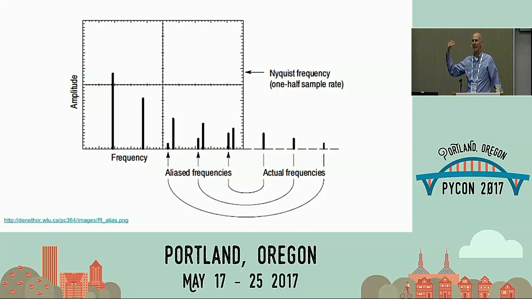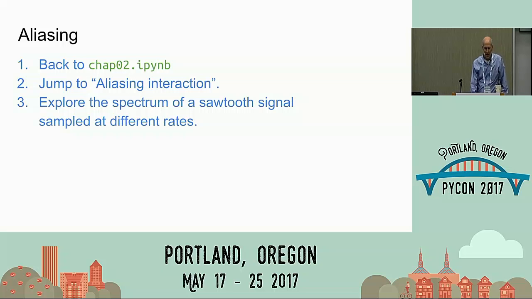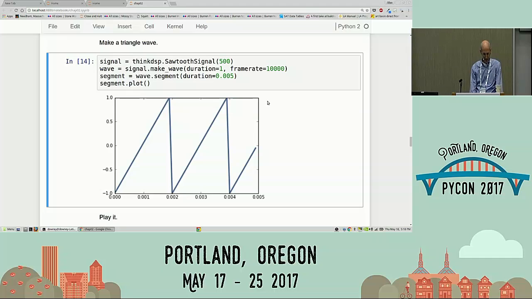Where does 10,001 go? Seems like it would go to -1, and it sort of does. There are negative frequencies. Negative frequency kind of makes sense, but another way to think about it is that that -1 now wraps around again and comes back to 1. So the whole thing kind of zigzags back and forth between 0 and 5,000 hertz. So that's how aliasing behaves. If you play around with the interaction, I give you a chance, all the way at the bottom of the notebook,